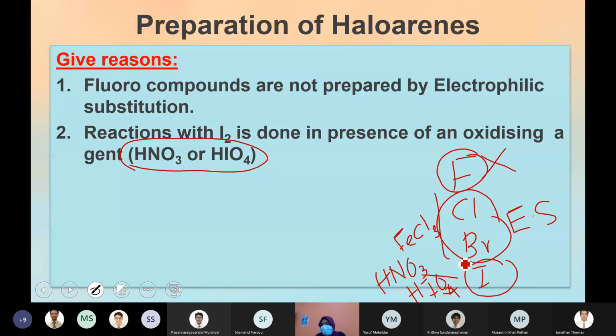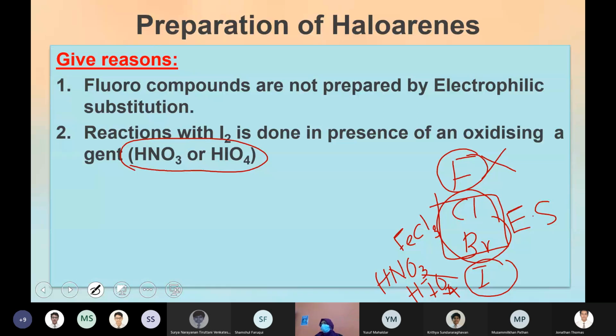Why is it working well with chlorine and bromine? With fluorine, it's not possible. And for iodine, if you want to do iodination, then you have to use strong acids. Is there something to do with electronegativity? Electronegativity, or their position in the periodic table, like the order in the group: fluorine, chlorine, bromine, iodine.